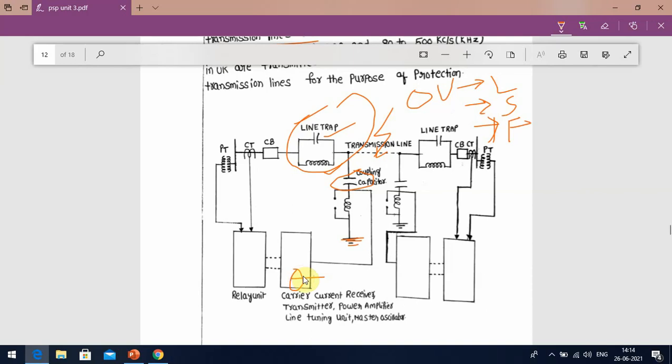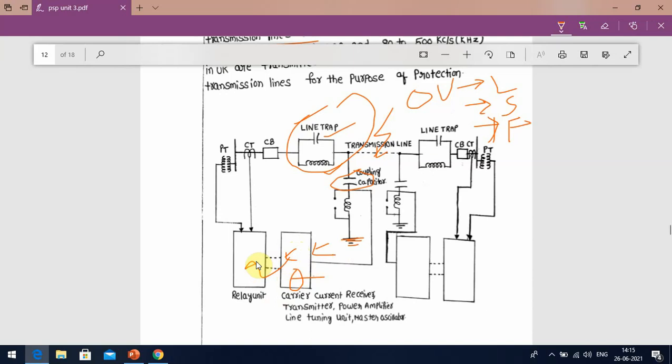Okay, now the receiving unit. Transmission unit, after that the receiving unit. So the high frequency signals arriving from the remote end are received by the receiver. The receiver feeds the carrier receiving to the relay unit. So what does receiving do? The receiver takes the signal from the transmitter, and where does it give that receiver unit's output? It gives it to the relay. So this relay unit